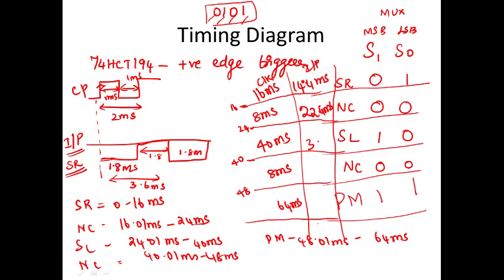I need to reduce by 2 milliseconds, that's all. Up to 36.8 I will be having this, plus 8, 44.8 I will be having this, and then plus